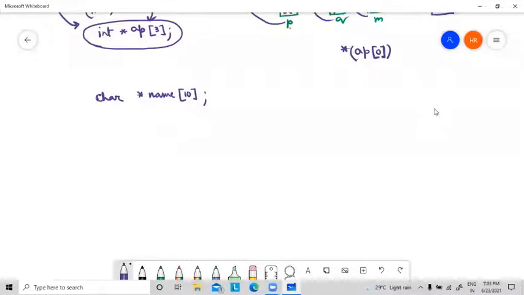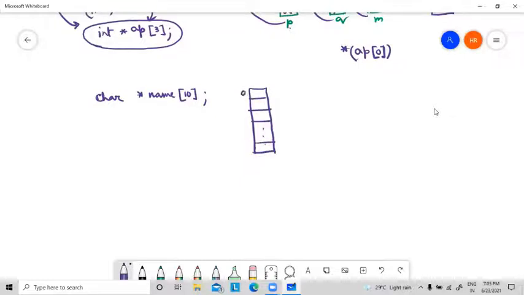This is why I have taken character, because these are names, so character variable. So this is an array of characters. The name of the array is name, because we already know we have to store 10 students' names, so I declared it like this. So this is the picture of the array.